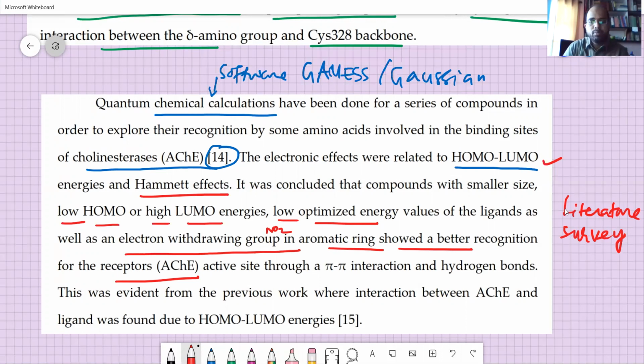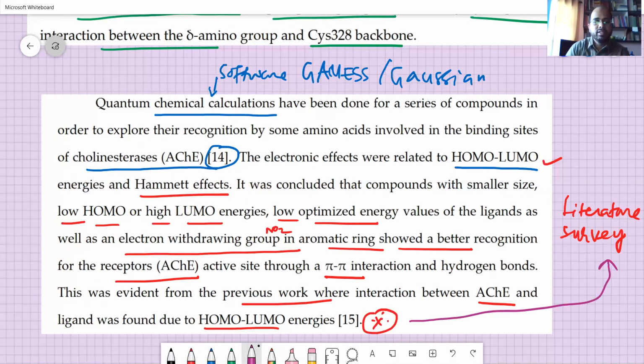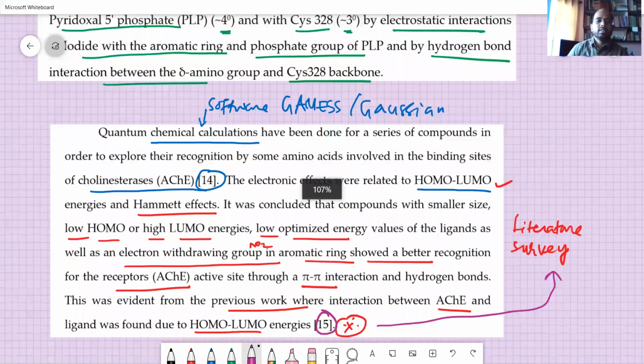Okay, exercised through pi-pi interaction and hydrogen bonds. This was evident from previous work, where the interaction between the receptor and the ligand was found due to HOMO-LUMO energies, and this is again the literature survey that we have done, and the references are given here as well as here. Okay, so armed with this knowledge,